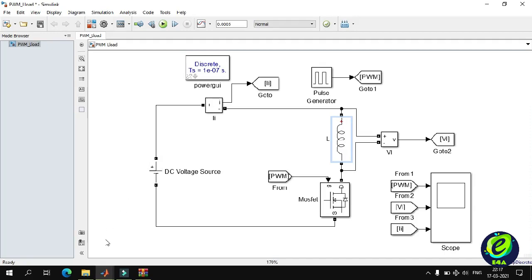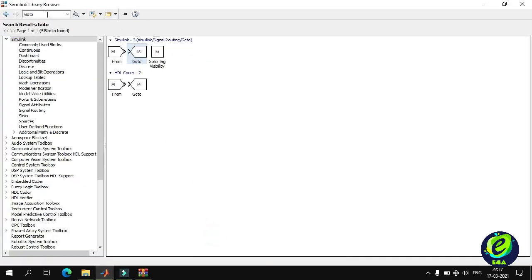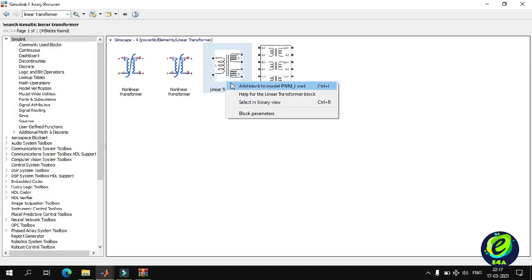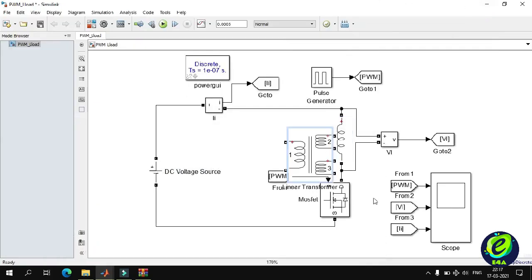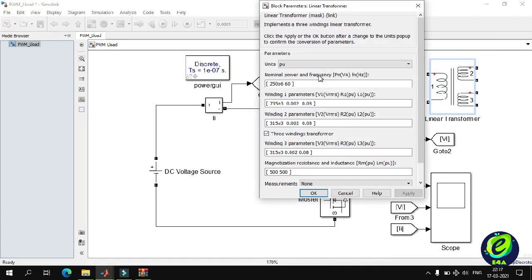We will now replace the inductor with a linear transformer. Change the unit system to SI and update the parameters as shown.